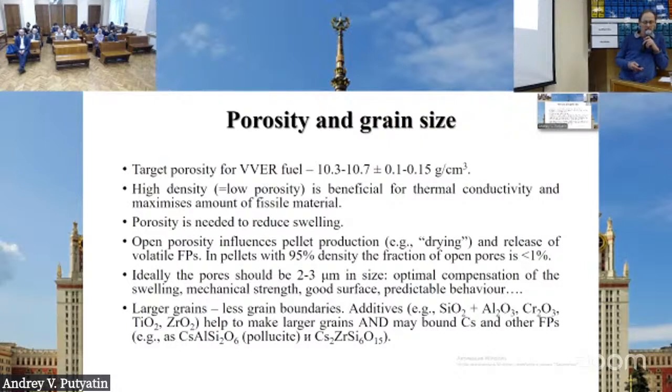So there is a long list of additives to fuel which are used in Russia and in different countries. They are used in different concentrations. But the aim of these additives is, again, both influencing the crystal size of ceramics and the subsequent